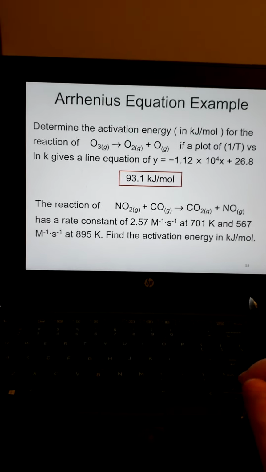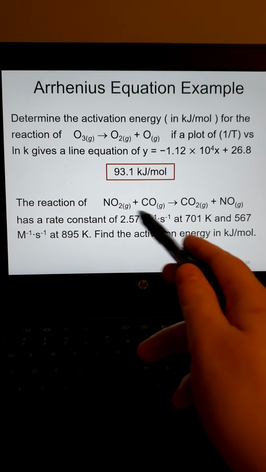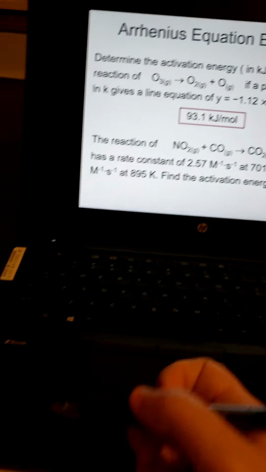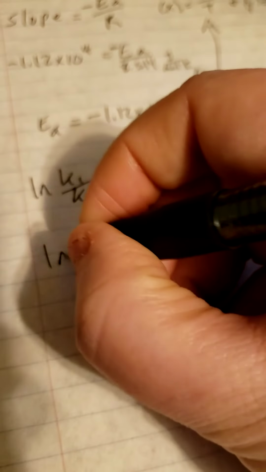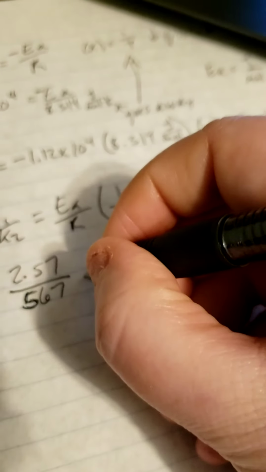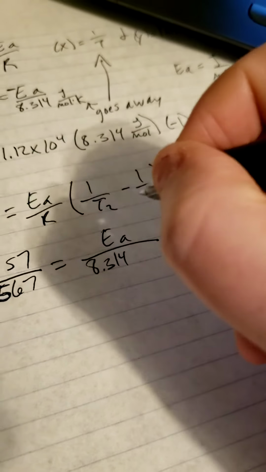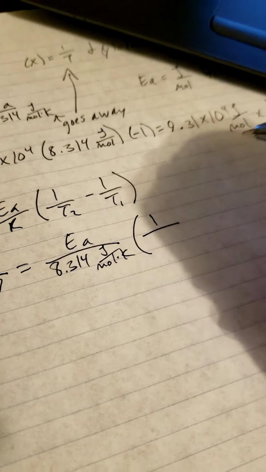All right, but let's start plugging some stuff in. It doesn't matter what you define as T1 and T2 either. I just usually start with the first one being 1 and the second one being 2, but it really doesn't matter. So I'm going to say the first one's 1. So then K1 would be 2.57. K2 would be 567. Okay, so ln of 2.57 divided by 567, ooh, it's not a pretty 5, is equal to EA, which we don't know, over R, 8.314 joule per mole Kelvin, times 1 over,